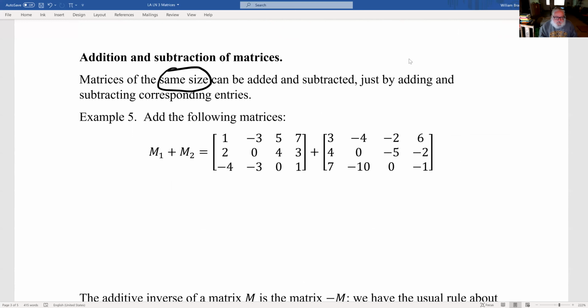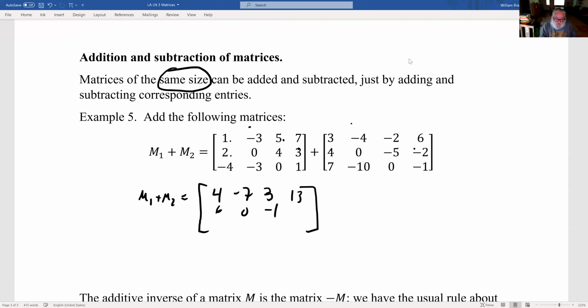And you just add and subtract corresponding entries. So M1 plus M2, this is my matrix M1, this is my matrix M2. What's that going to be? We're going to have one big matrix. 1 plus 3 is 4, minus 3 plus minus 4 is minus 7, 5 minus 2 is 3, 7 plus 6 is 13. 2 plus 4 is 6, 0 plus 0 is 0, 4 plus minus 5 is minus 1,